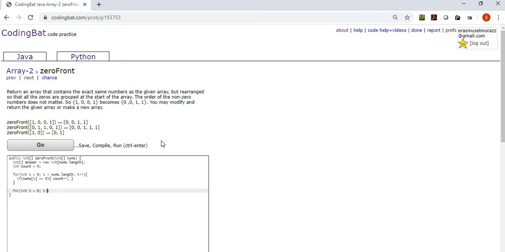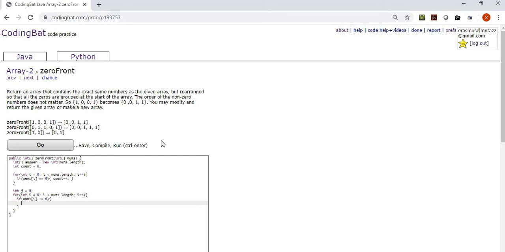And of course we're using I in our for loop, and we can do that because this is a different for loop. It's not nested inside the first one, remember. If it was nested inside the first for loop, then we'd want to use a different variable for our incrementor. Speaking of incrementor, I need another variable here. If nums I, as we increment through the entire array, is not equal to 0,